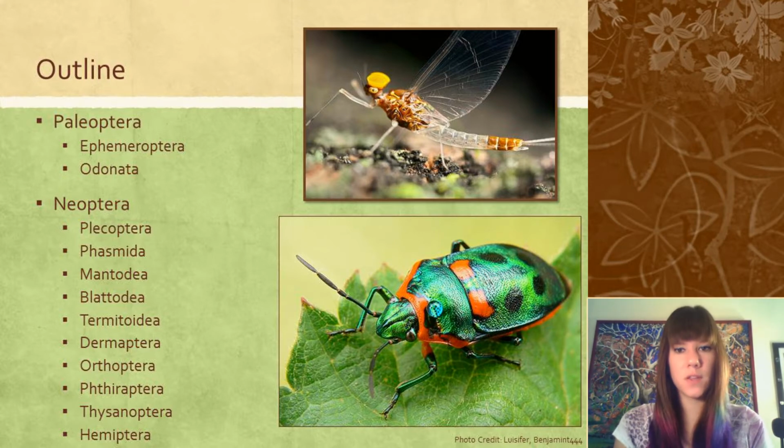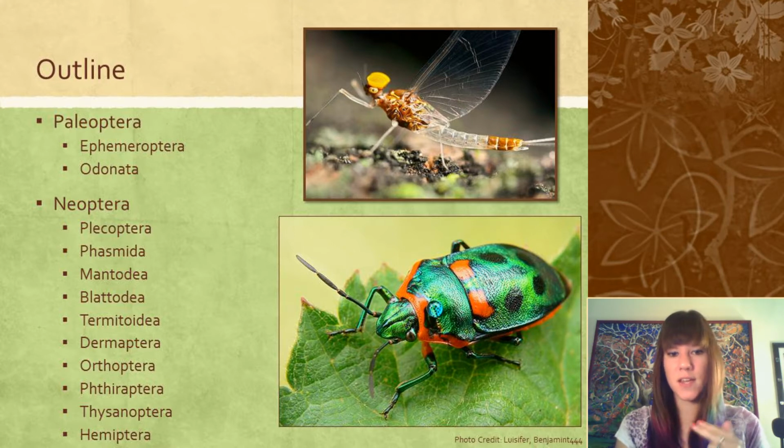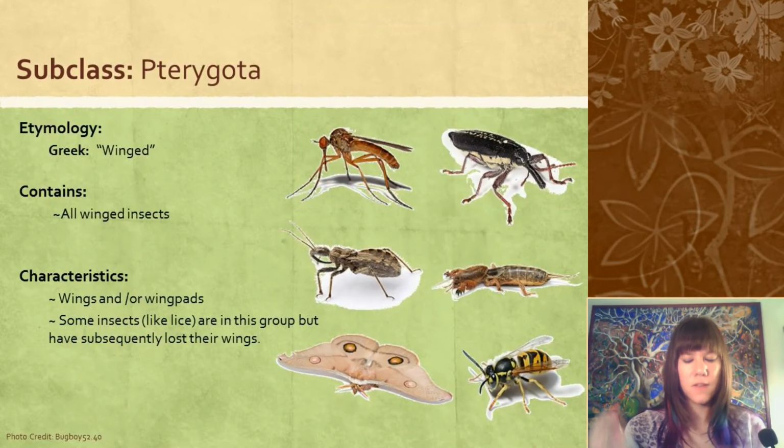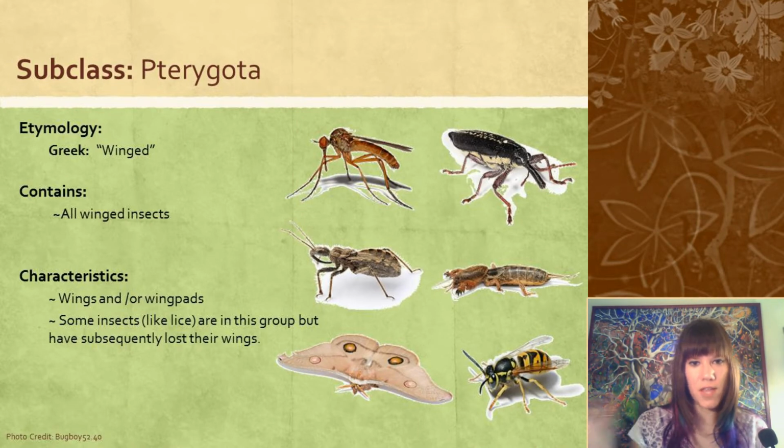We're going to be covering the groups in Plecoptera, which is a grouping we'll talk about in just a second, but we'll be covering mayflies, dragonflies, and damselflies, and then we're going to move on to Neoptera, and we're going to talk about stoneflies, stick insects, mantises, cockroaches, termites, earwigs, katydids, crickets, and grasshoppers, lice, thrips, and your bugs and plant hoppers. So this video is the start of Pterygota, and the next video will be the end of Pterygota,